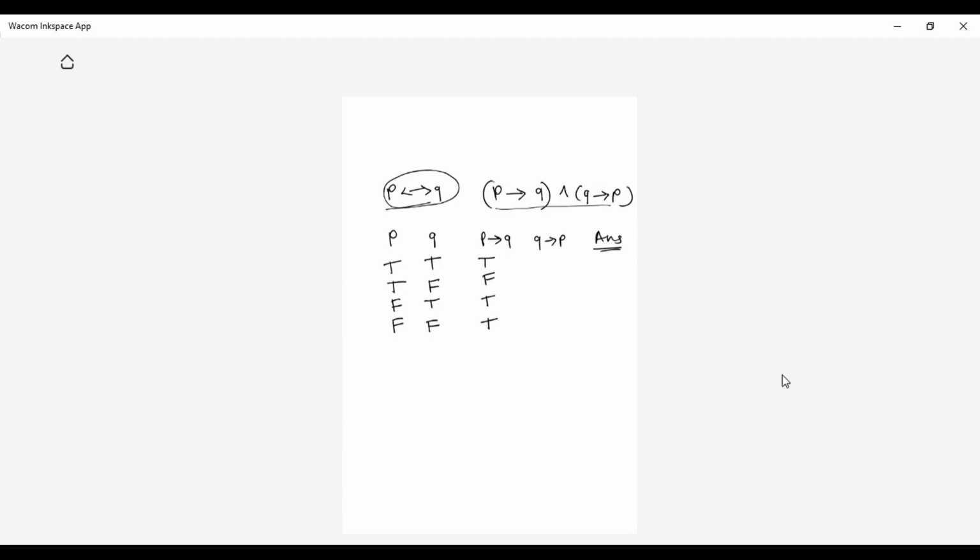First result would be true. Perfect. Next, the second one, true. Why true here? Second is true, students, because we are doing Q to the P. So you will be moving from false to true. So false to true is true. Now the third one, true to false is false. And false to false is true.